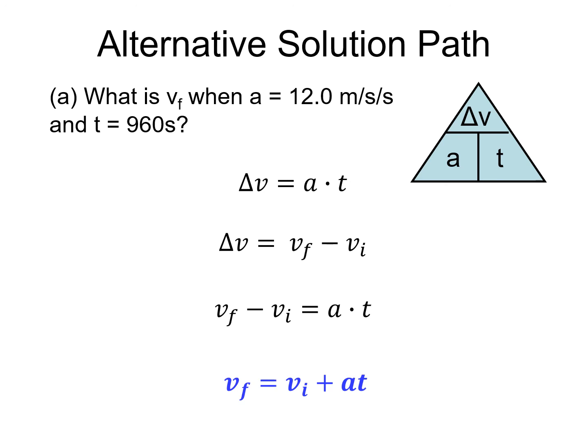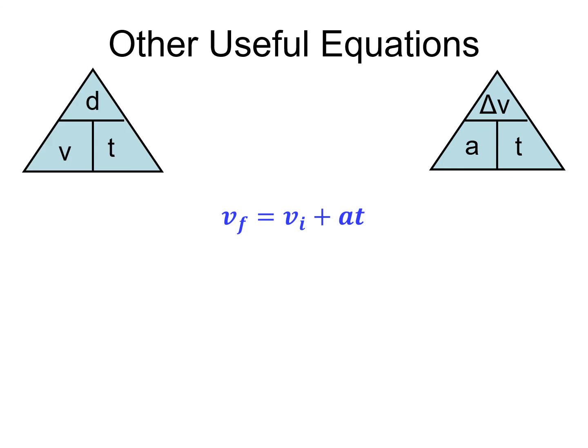An advantage of this equation is that it does not involve any sort of distances. It only involves a constant acceleration. So you can calculate how fast something is going at any given time using this version of the equation. If you take into account that velocity final and velocity initial are both calculated using distance divided by time, then you can further manipulate this equation and derive other equations, such as this one. If you want to calculate how far something has gone, given a constant acceleration, then you can calculate it by using this equation, which doesn't